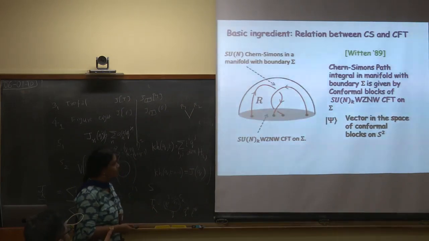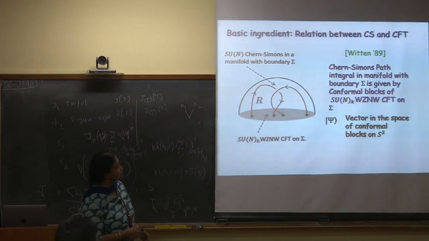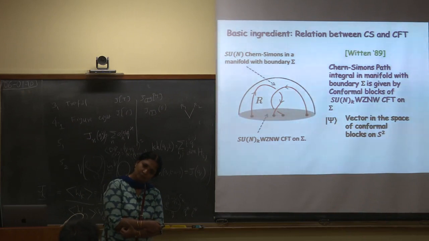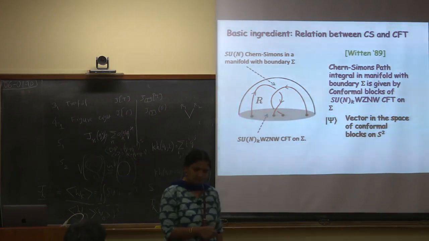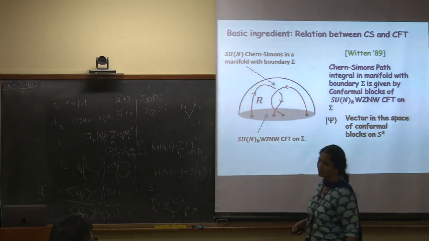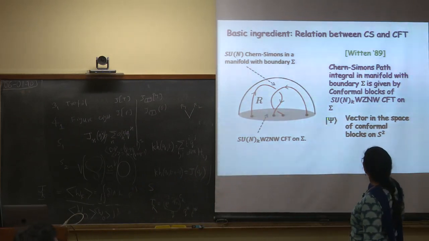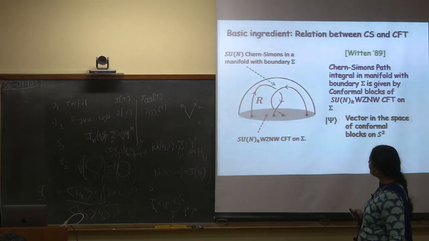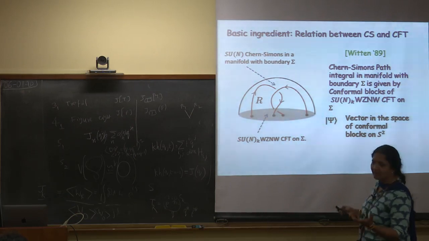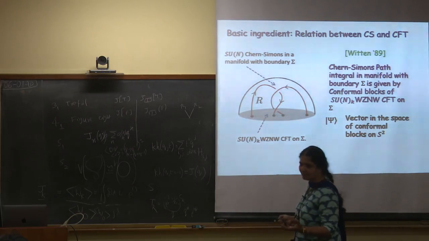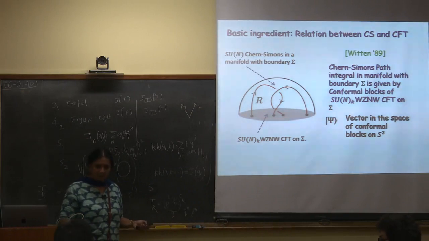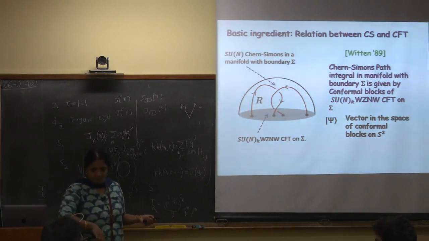Sorry. So we said conformal blocks are the basis states. Can I think of it as a wave functional of sorts? Because the state should be given by a wave function. In what sense is it a wave function? No, this is the state for the Chern-Simons functional integral, and then you have to take the inner product to get a number, which will give you the partition function with this observable. But if I don't want to take the inner product, and just want to explicitly describe the state, you can do that. How would the wave function look?